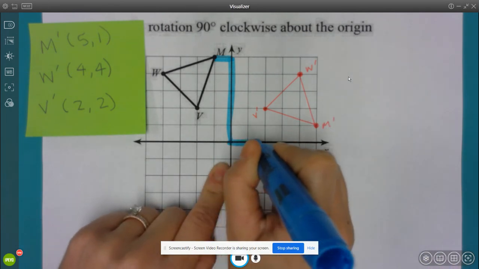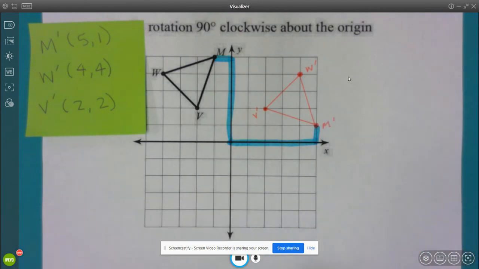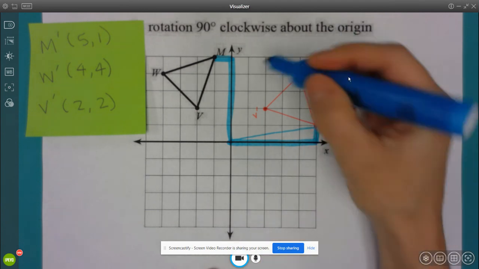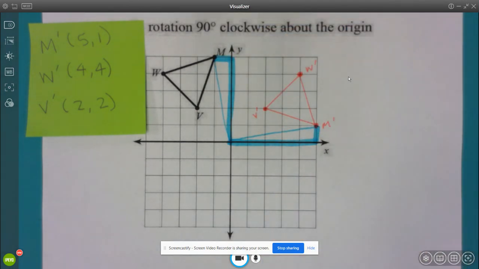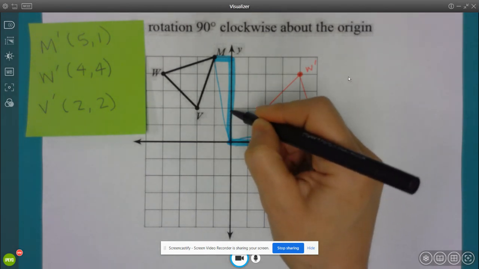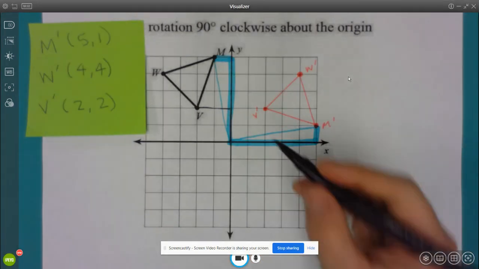So I'm going to go sideways 5 and up 1. And if I wanted to draw a triangle out of these, I could. You could do the same thing for V and for W. These ones would be up 2 over 2. So this